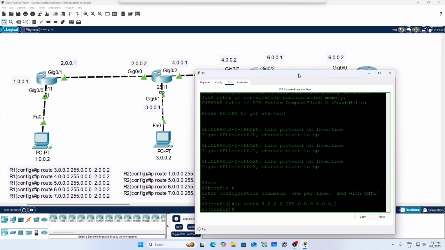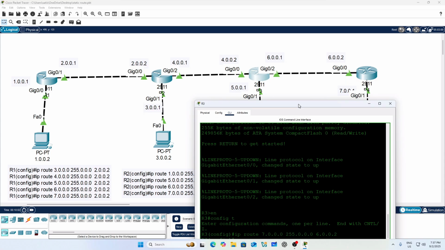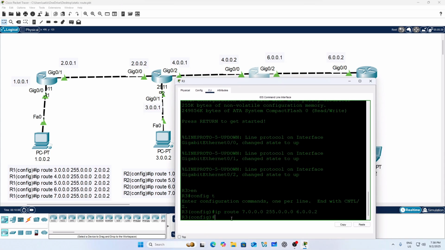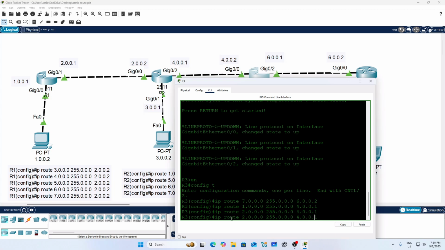Now the other remaining networks are 1, 2 and 3. If you want to go to network 1, 2 and 3 from router R3, you have to go through IP address 4.0.0.1. So you have to mention here IP route, going through 4.0.0.1, for network 1, network 2 or network 3.